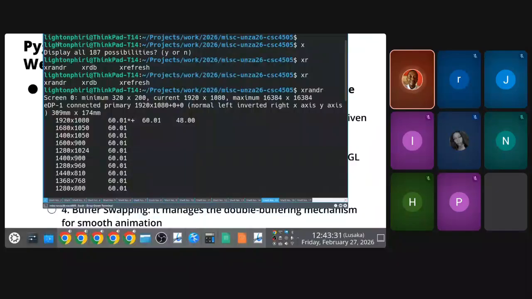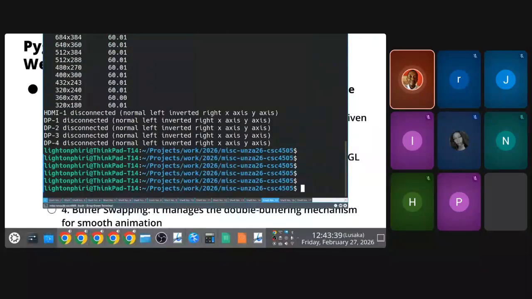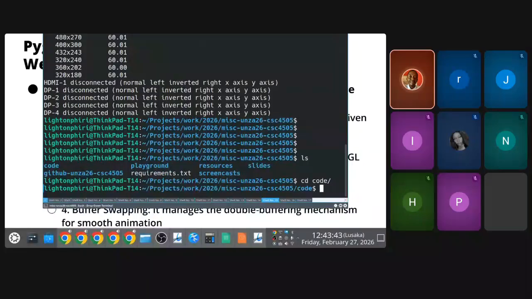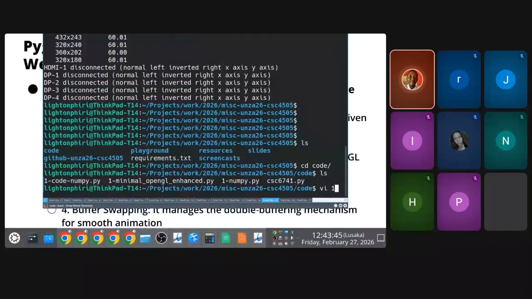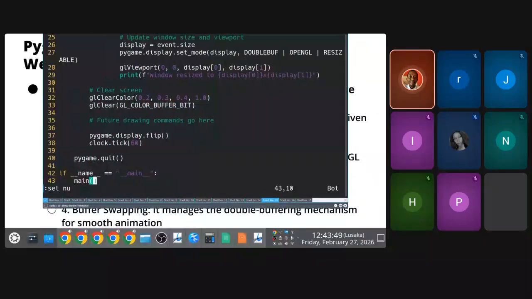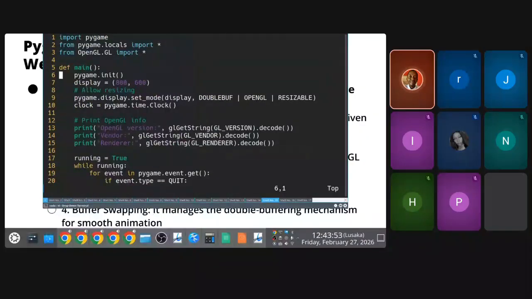It's almost like what I would be doing is creating a window. I think I have something here that I can use as an example. I'm just going to open it up. I have some sample code that we're going to use as a basis to discuss this. So if I create a display that has a resolution of 800 by 600, like in this case, and I run this,